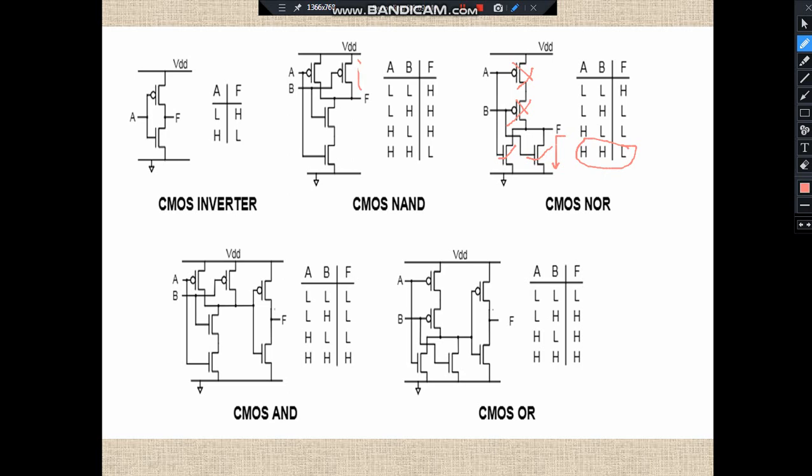So in this video we basically understood the series and parallel combination and the implementation of basic gates with the help of CMOS. In the next lecture we will understand the stick diagram basic design rules and the basic examples of